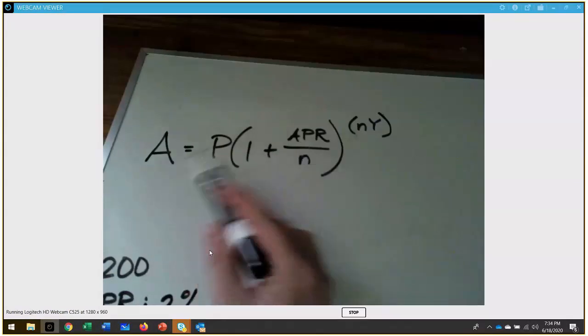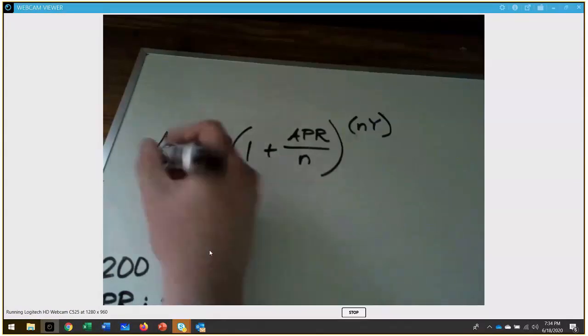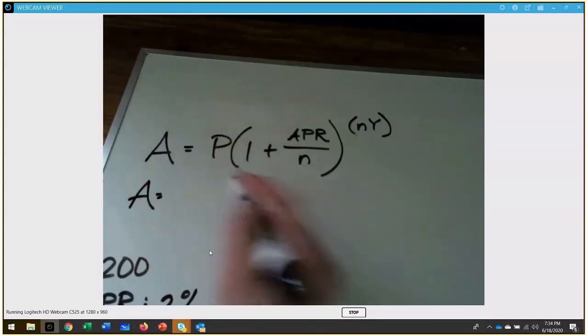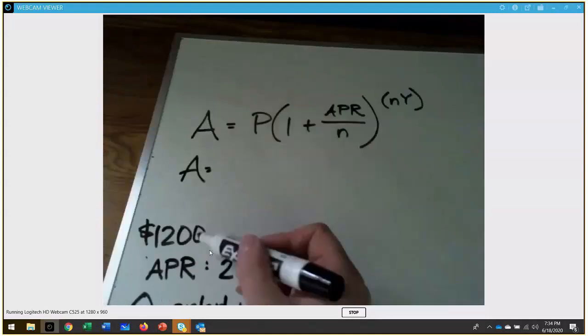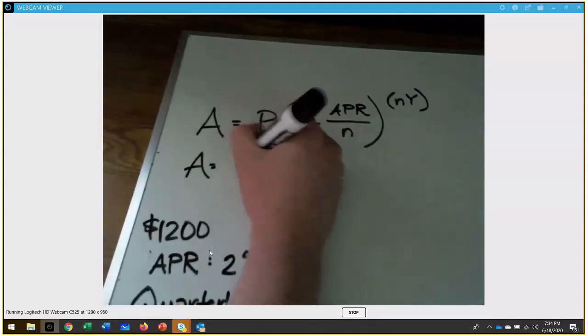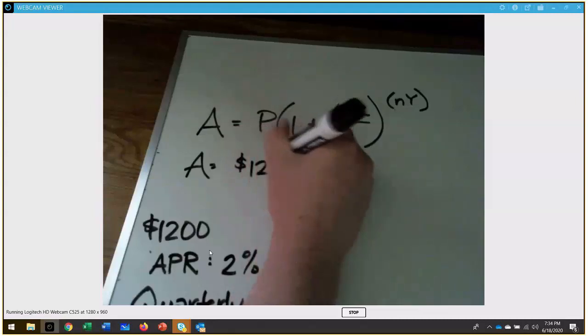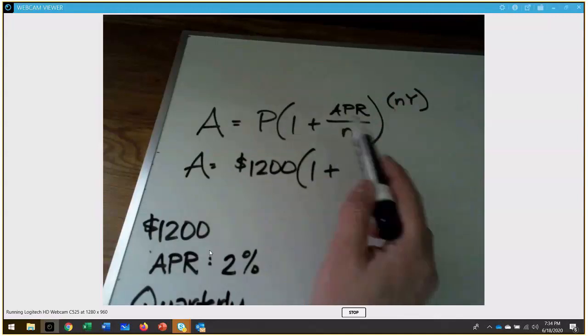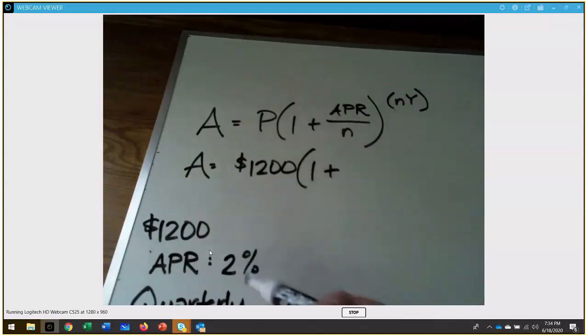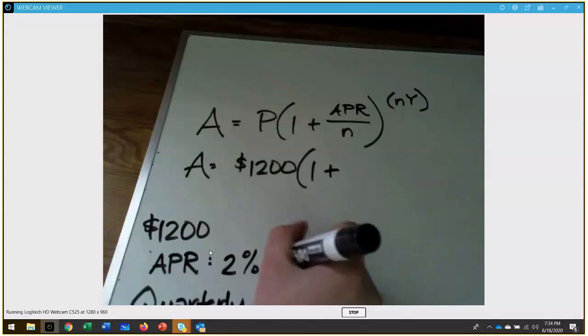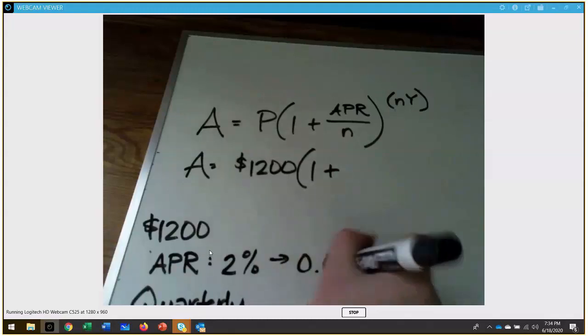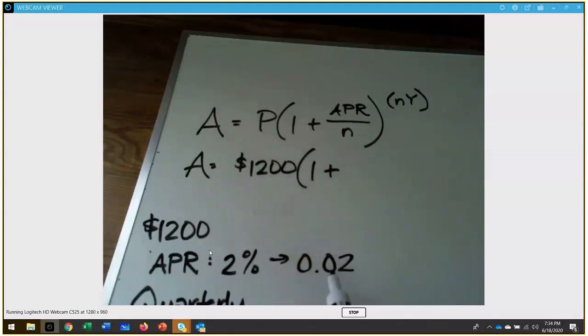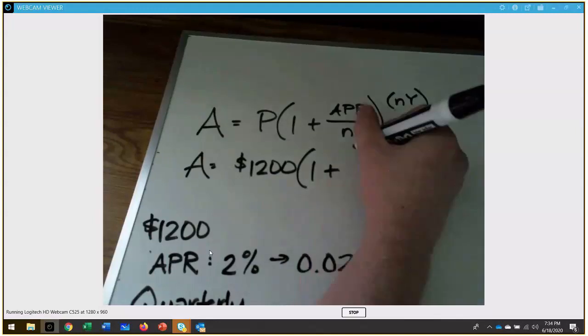Now I'm going to start with the P. P is the principal. That's the $1,200 that is being invested. Now I need the APR in decimal form, so 2% in decimal form is 0.02. I'm going to plug that out here,